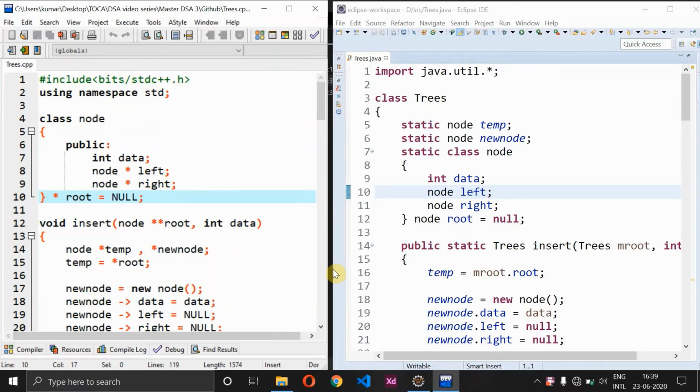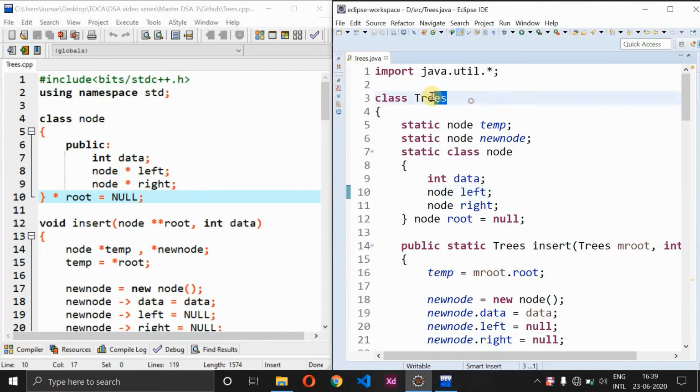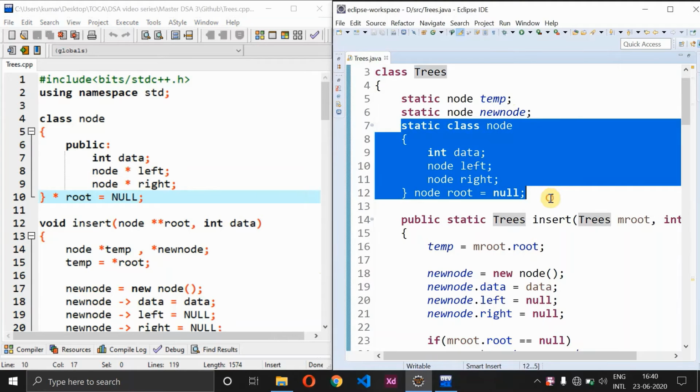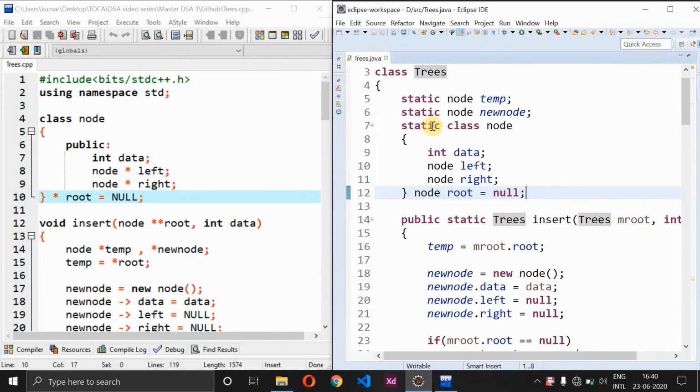So now let's see the comparison between the same code in Java as well as C++. First comparing with Java, here we have class node. Since Java has to be given entirely under a class, I have named it trees, followed by which I have a class node over here. It is also mentioned as static because I want everything to be clubbed under the same object. And one more thing is that every time we don't want to do the object initialization, so that is one more reason why we are using this static keyword.